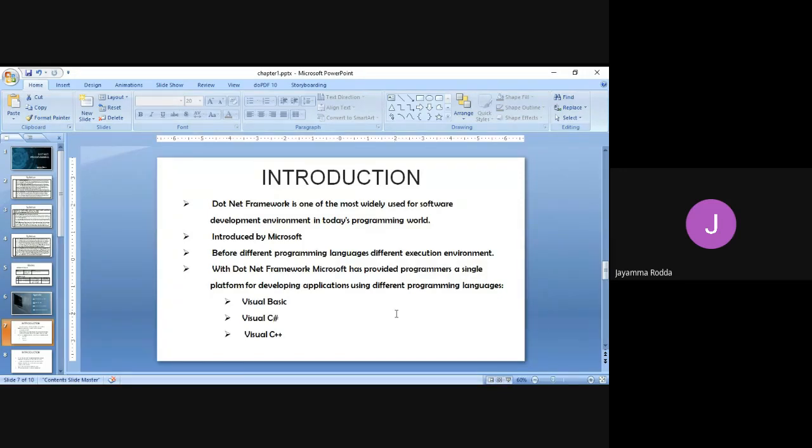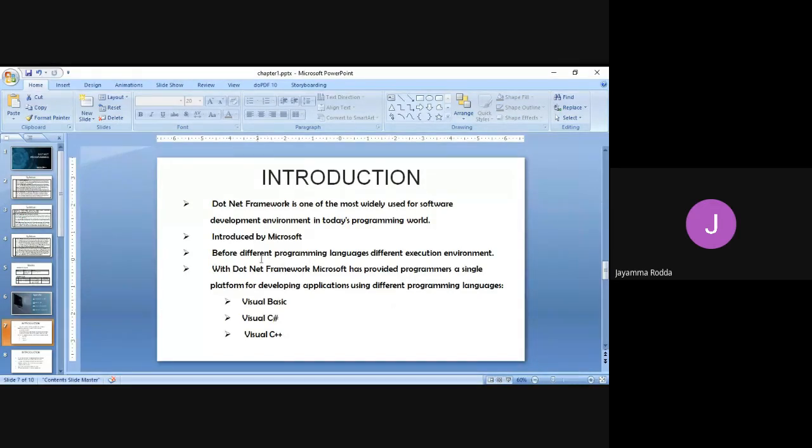Whereas Java is a different kind of thing. Different programming languages need execution on different platforms, different environments. Whereas in .NET, you need not feel like that. A program written in one language can be interpreted in another language.